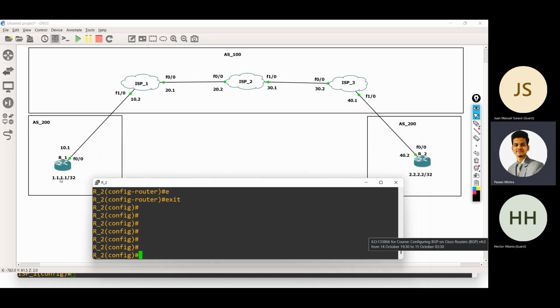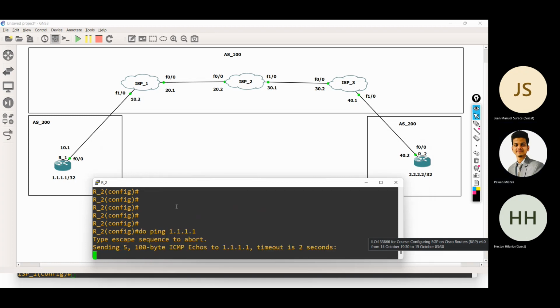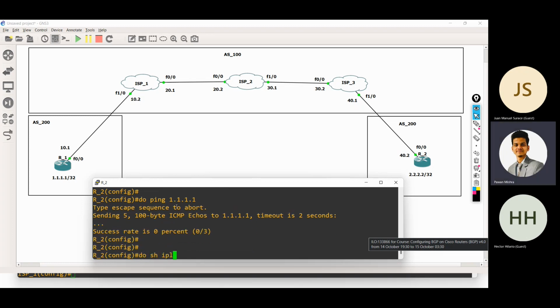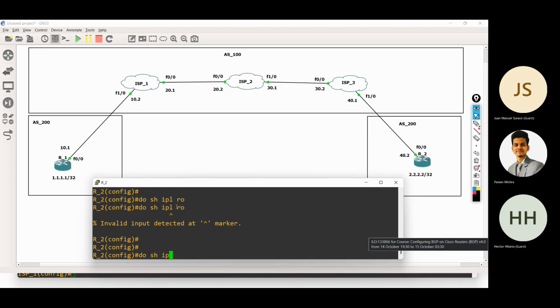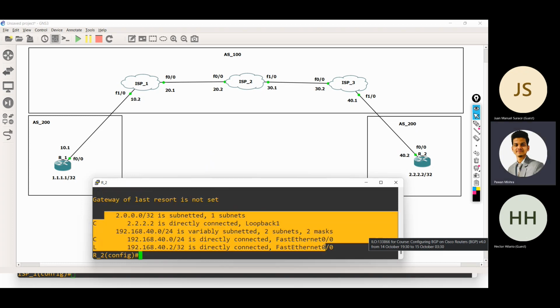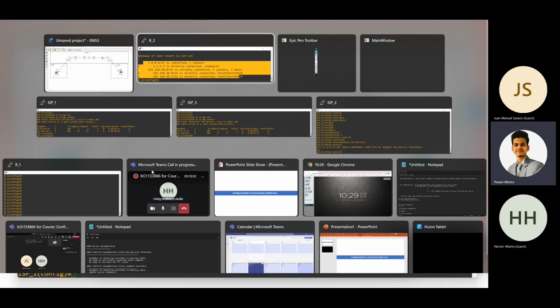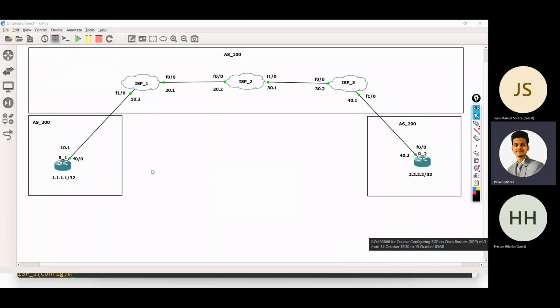Customer 1 IP address is a loopback, that is 1.1.1.1, right? And customer 2 is not able to communicate with this 1.1.1.1 right now. Why? Because that route is not available in the routing table. The 1.1.1.1 route is not available in the routing table, right? Exactly the same. If I show you on ISP1, sorry, on